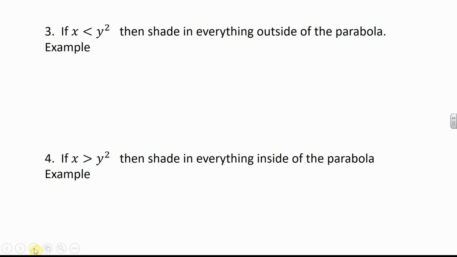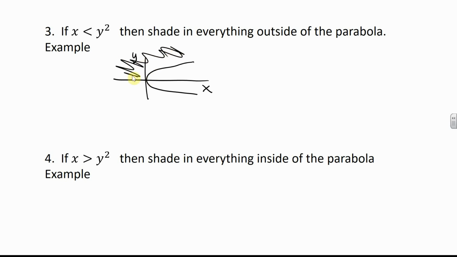Well, there you go. Oh, this is x less than y squared. And that parabola goes sideways because it does this. So x less than would be everything on the outside. So basically going back to negative infinity. So that's going to capture all of